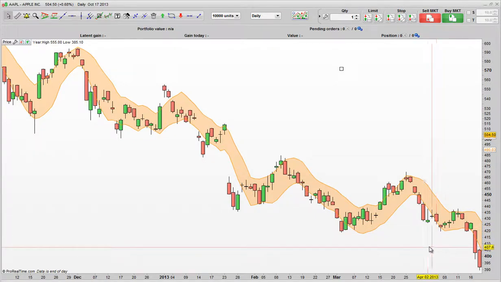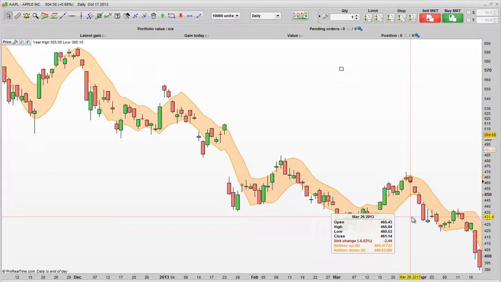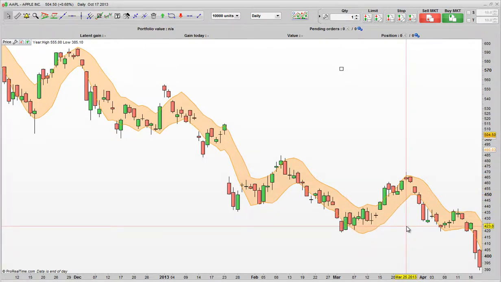A couple of rules. Basically, when we do get an inside bar pattern form after a candle which is closed outside of the Keltner channels, we'll take the trade so long as the high or low of the inside bar has been broken within the next 3 periods. Now, obviously, if we're trading a bullish inside bar, such as here, so this would have been a qualified inside bar because this candle closed outside of the Keltner channel. The next bar is an inside bar, but within the next 3 periods,